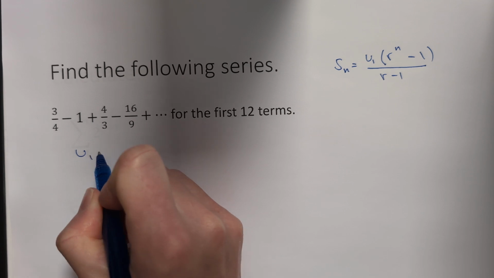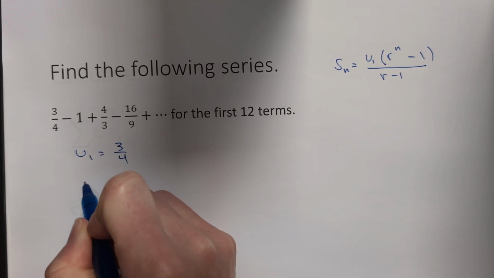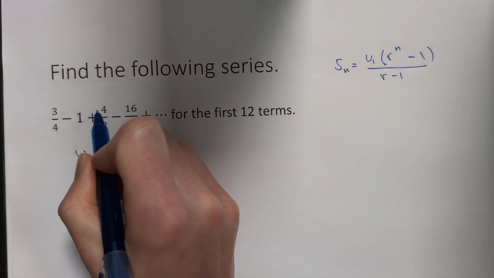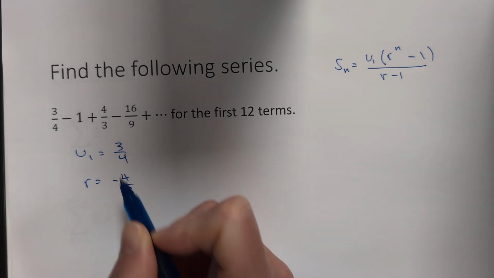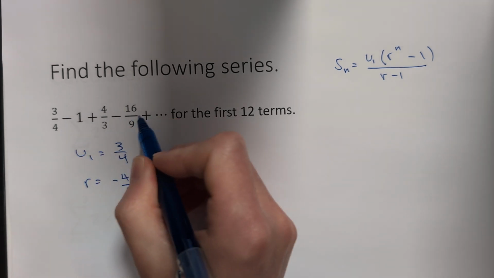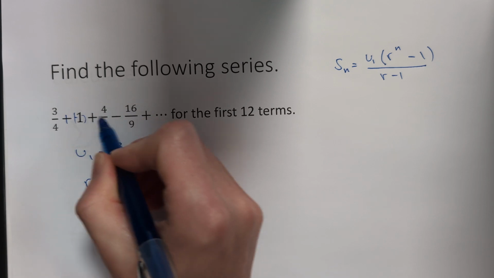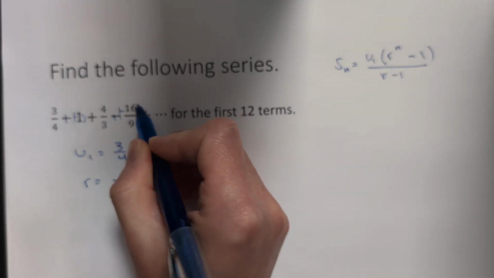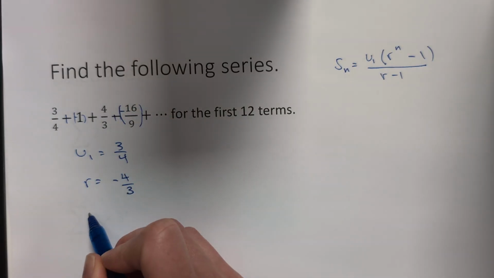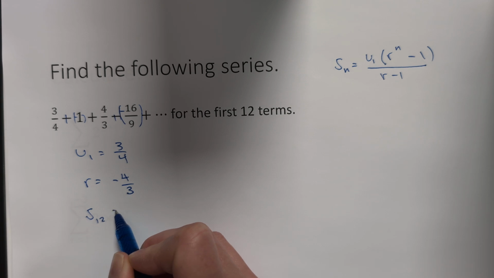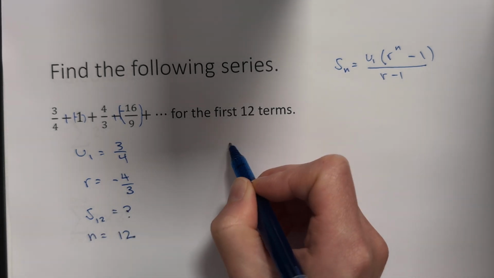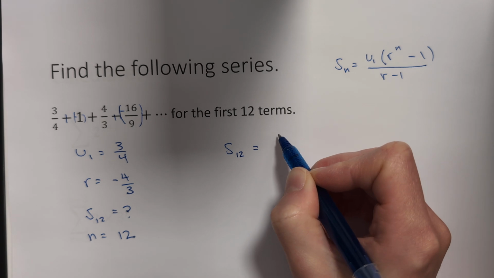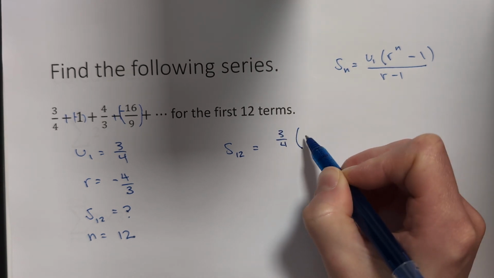So u sub 1 in this case is 3/4. R, the value that I multiply each term by to get the next, is going to be -4/3. That negative allows us to switch the signs here. This is plus a negative, if you'd like to look at it like that. And we want to find the sum of the first 12 terms, which means n is 12. So the sum of the first 12 terms, u sub 1, 3/4,